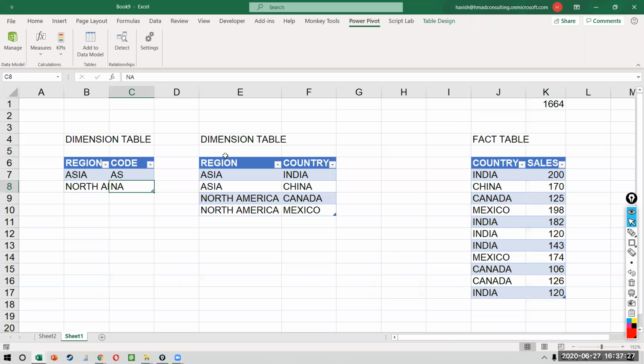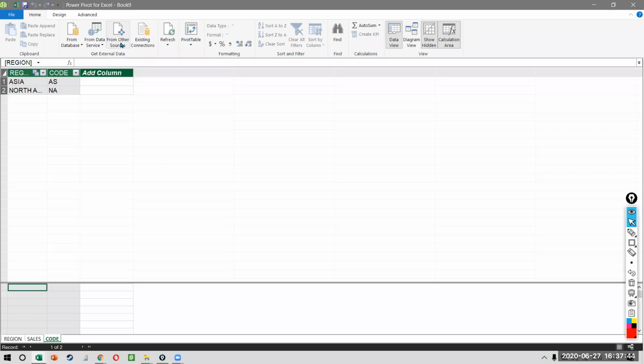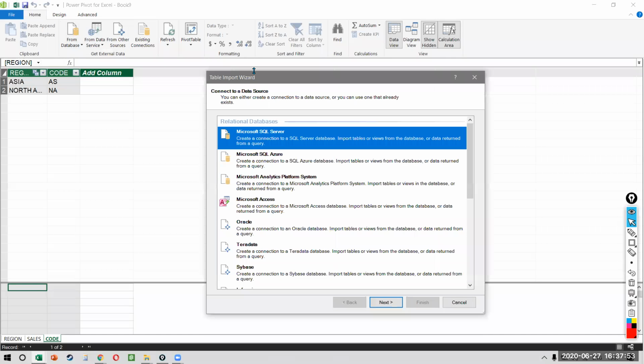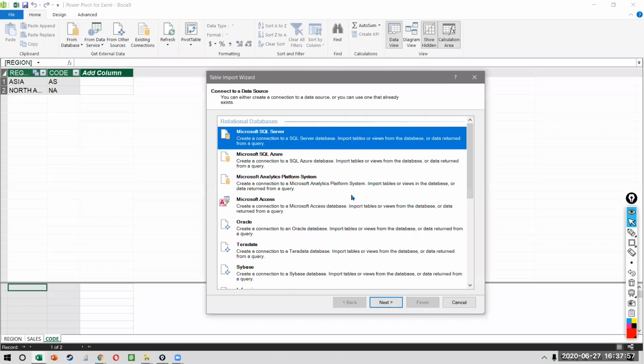So basically we have three tables which can be on the same sheet. They can be on different sheets. They can even be on different workbooks. It can even happen that one data source is in Excel, the other one is a text file, and the other one is an XML file. Because when you go to Power Pivot, you can access different data sources. I can directly connect to SQL Server. Of course, I can import an Access model. Or I can also click on other sources and there are different sources that I can get data from. Right?